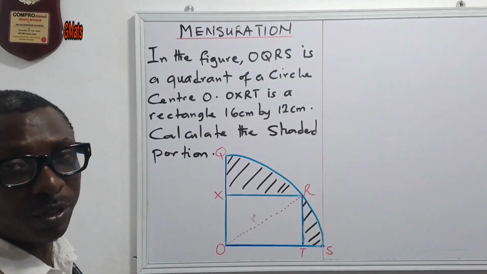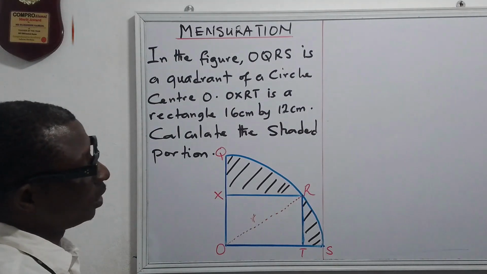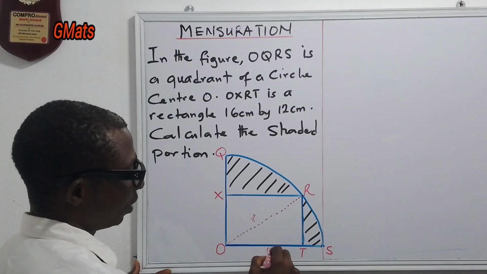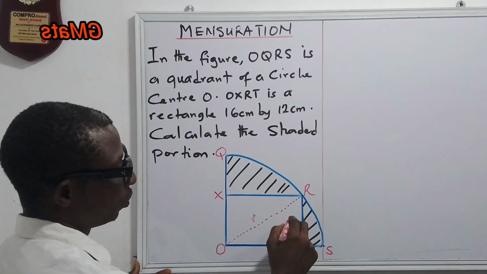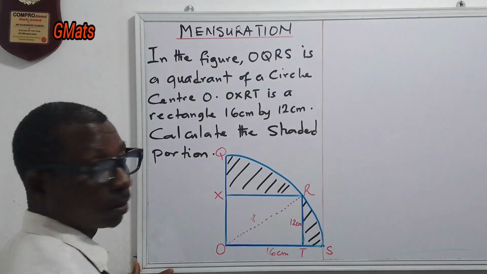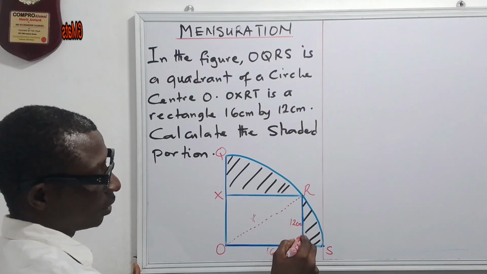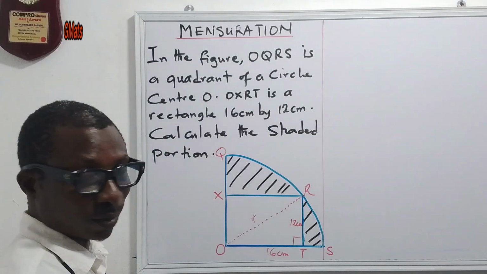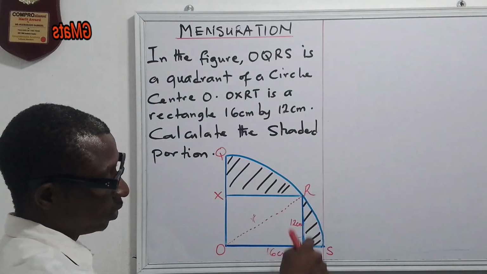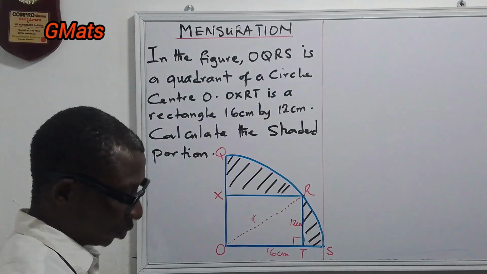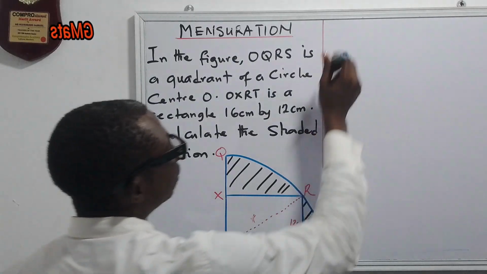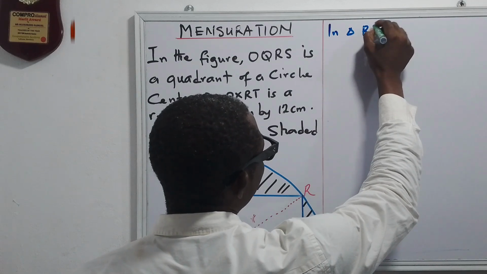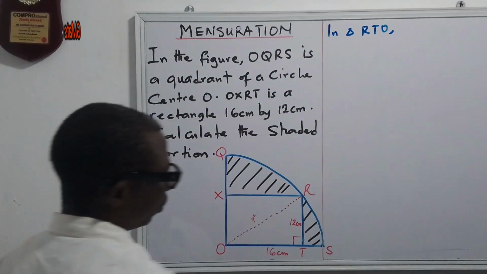Now the dimension of the rectangle has been given. We have this to be 16 centimeter, while this is 12 centimeter. And this is a right angle. So we're going to be making use of Pythagoras theorem to get the radius here. This is a right angle triangle. You can see that. So we have in triangle RTO,